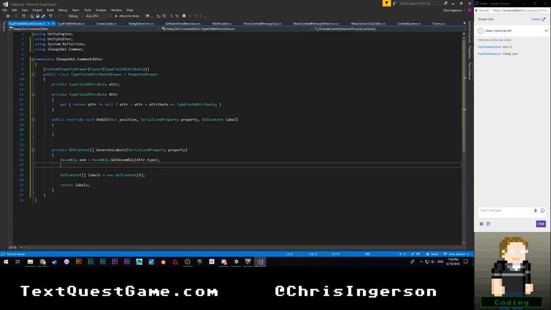Anyway, so from this, I think we're going to say assume dot. I believe we can iterate through everything. I think there's like get types. Yeah. Okay, so this is where it's going to get fun. We're going to basically have to loop through this every single time, which is going to suck horrendously. So I'm going to need to say types